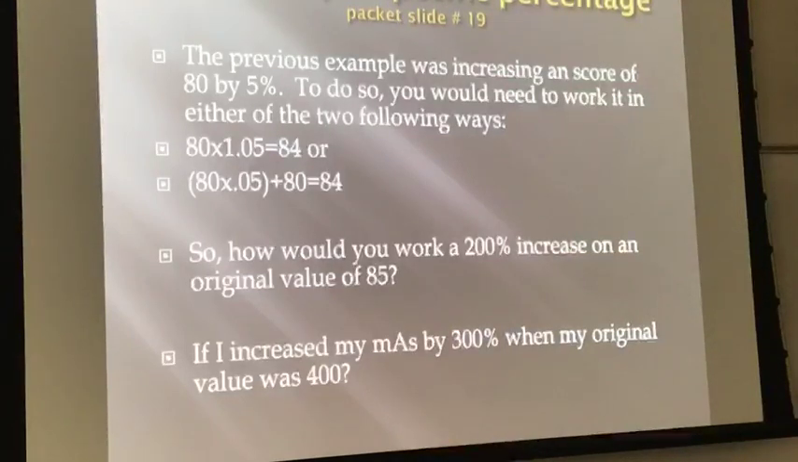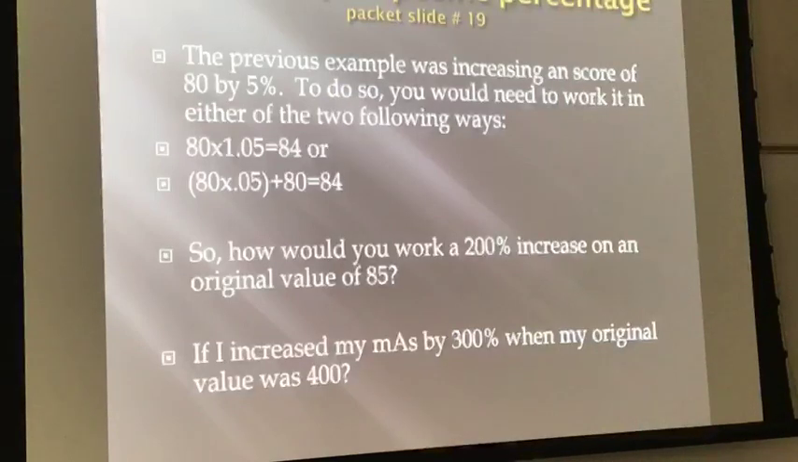Okay, so you're increasing by 200%. Your original value was 100%, so you already have 85. But let's say you increase by 100%. You've got 85, you increase 85 by 100%. That's gonna double it. Bingo, that's gonna double it. So what is 200% gonna do? It's gonna triple it. Okay? So this is probably the most common mistake on the math quiz,